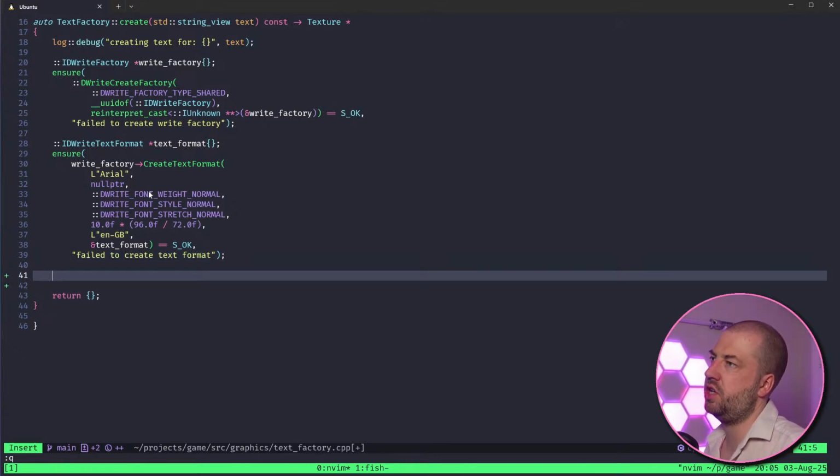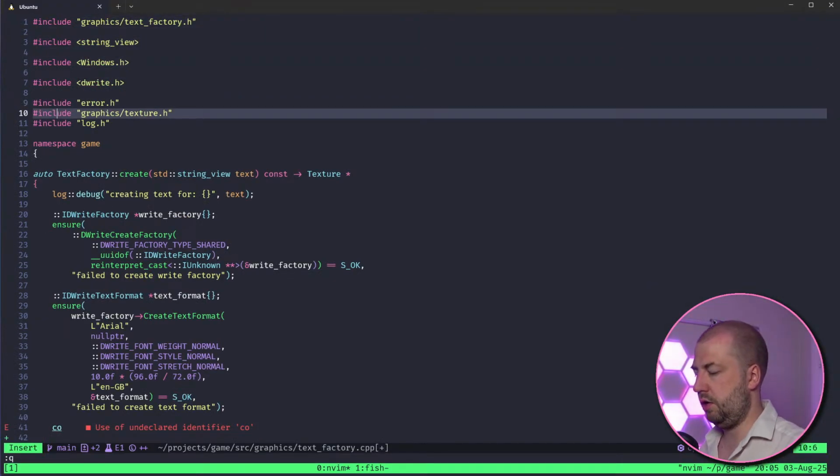Again, I'm not dependency injecting the font name. So far, it's always going to be Arial. We could extend this API later to also accept some sort of font size and or font family. But for now, we'll get on with it. So I need to include our